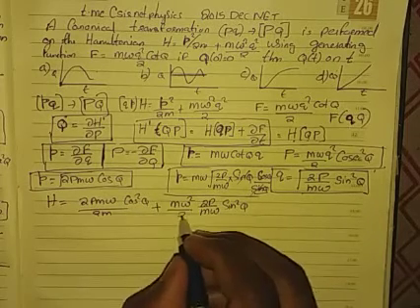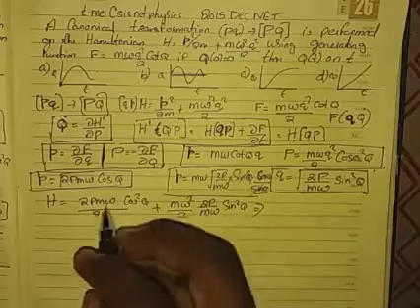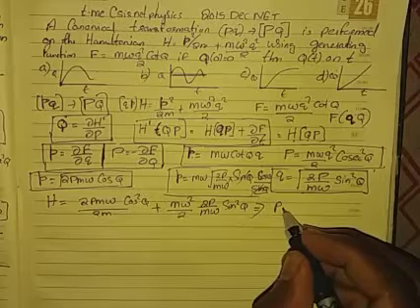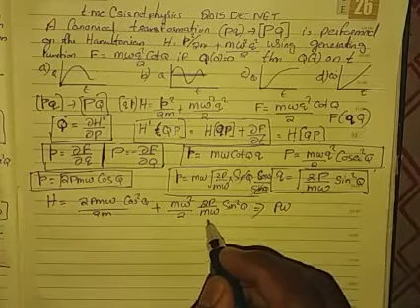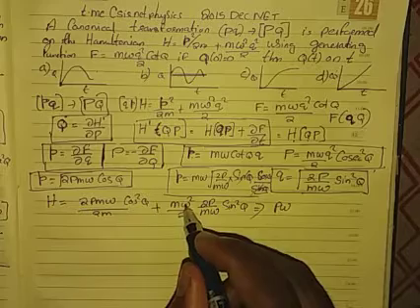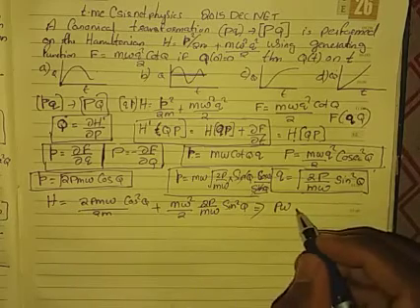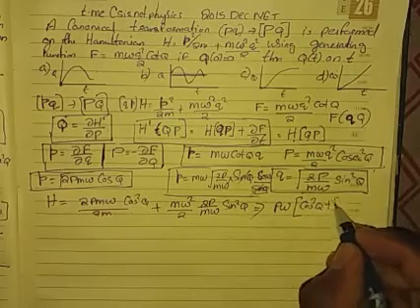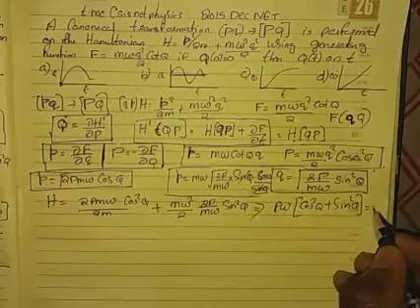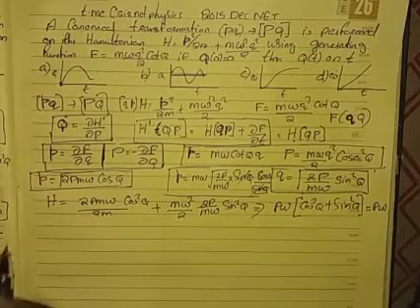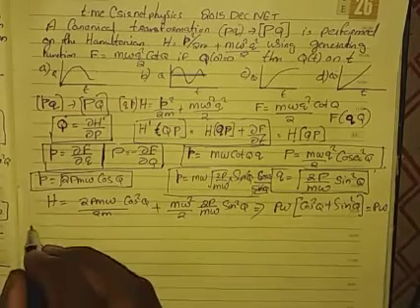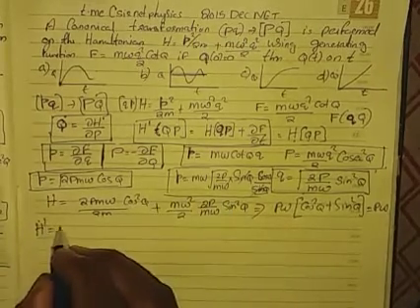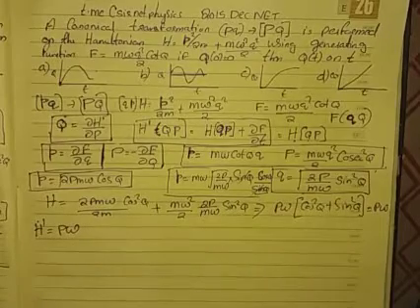Then there is a 2 by 2, and you can simplify them. The 2m and 2m will cancel, and you get P omega and P omega. Here also the 2 and 2 will cancel, m and m will cancel, omega and omega will cancel, and you get P omega. So you can take the P omega outside, and you get P omega times cos squared Q plus sine squared Q, which is equal to P omega. So the new Hamiltonian in terms of capital P and capital Q is equal to P omega, as we have mentioned earlier.